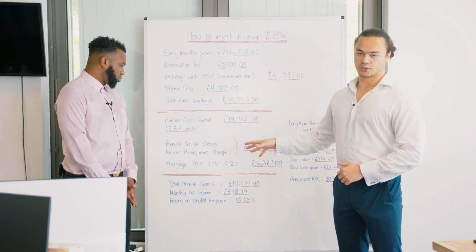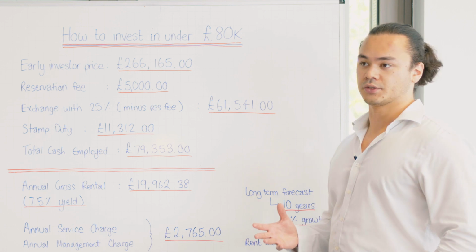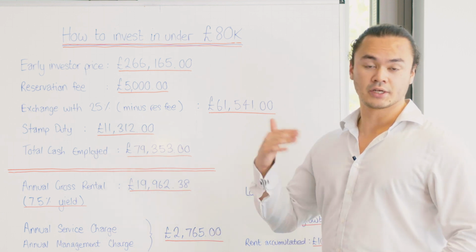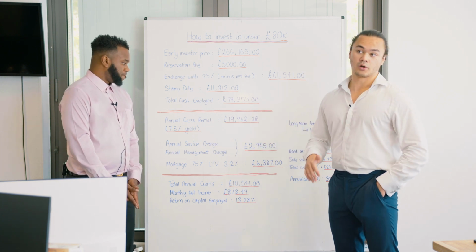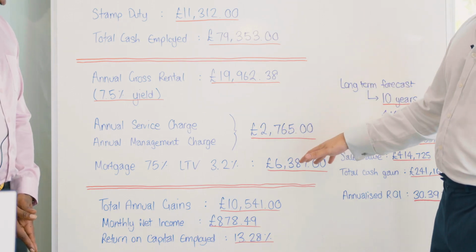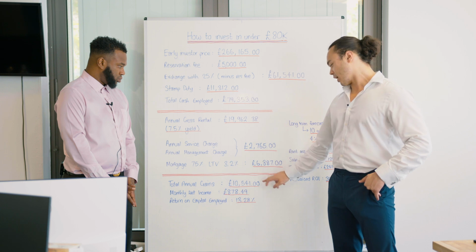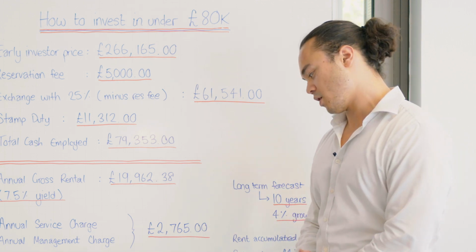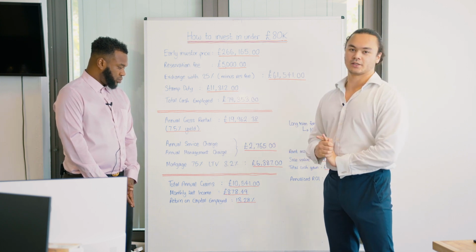And then we've got our mortgage cost as well. So we're looking at 75% LTV at 3.2%, which I think is fairly conservative. I've just personally purchased a property recently and I got around that, but interest rates have been increasing recently quite a lot. But we're hoping within the next 3 years for that to settle down a bit and hopefully be quite well below that. With that rate, we're looking at these two costs of £2,765 and £6,387, which means that your total annual gains is this minus these two, which is £10,541, or monthly, that equates to £878.49, which is a return on your investment of 13.28%, which I say for